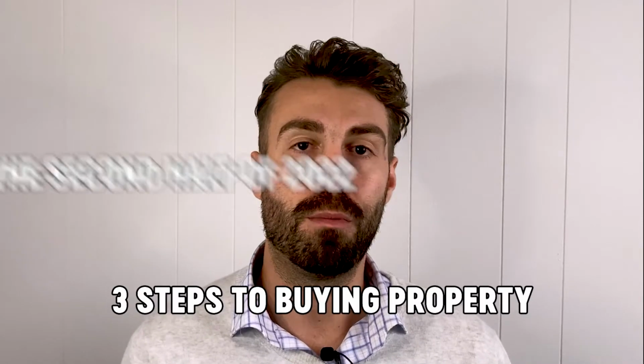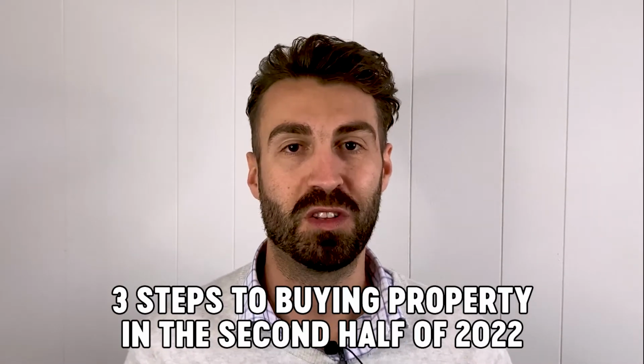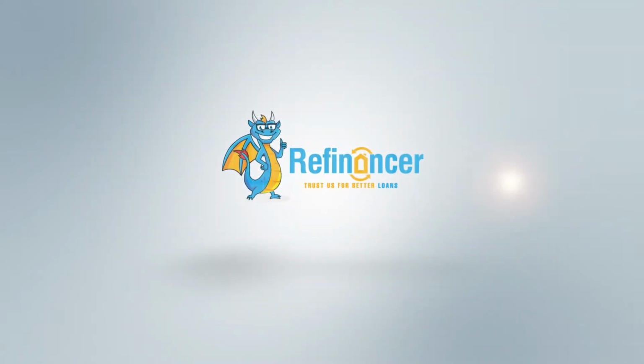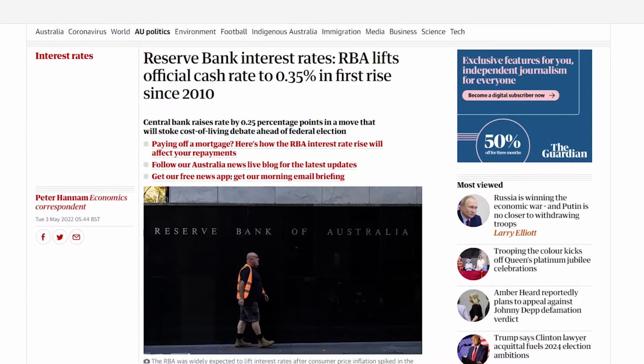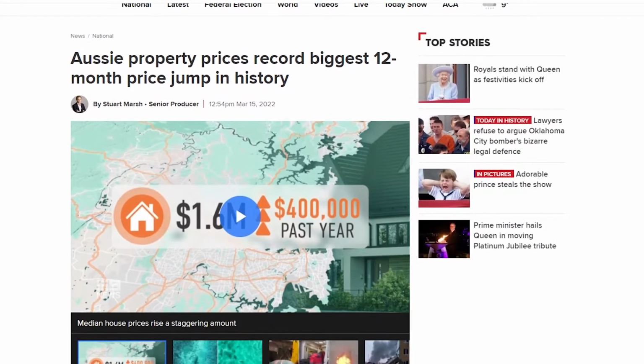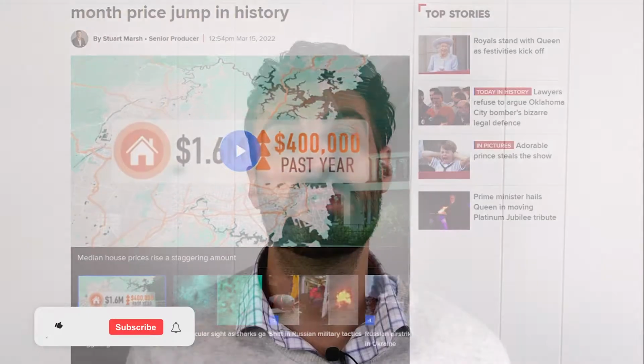The 3 steps for buying property in the second half of 2022. Over the last few months you would have heard lots of speculation about interest rates going up, property prices potentially falling after years of going up, and the question to be asking yourself is, how can you most effectively buy